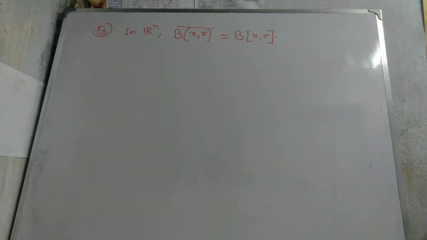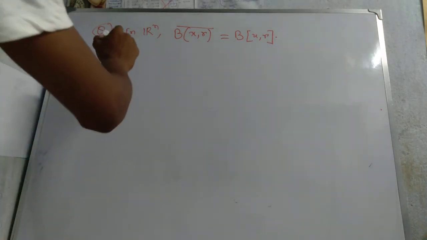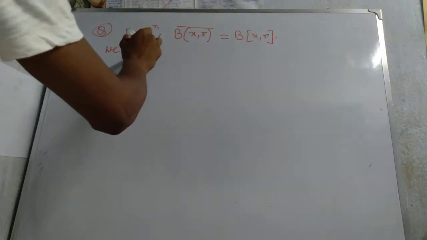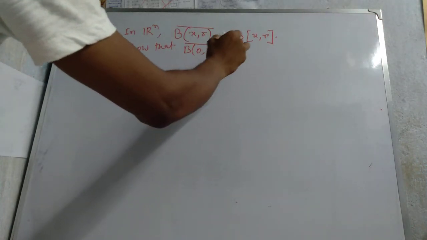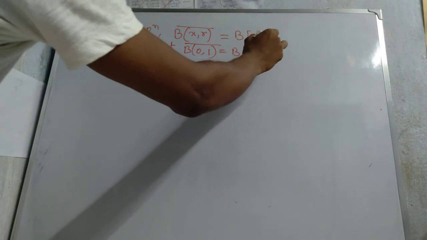We do this in a simple way. We first show that the closure of B(0, 1) equals B̄(0, 1)